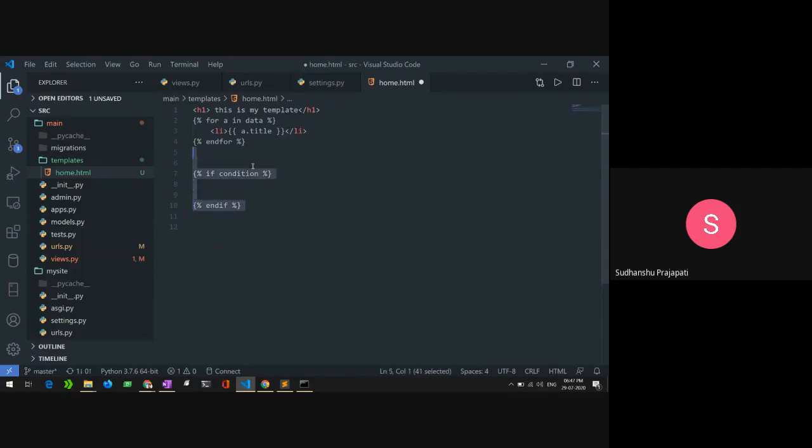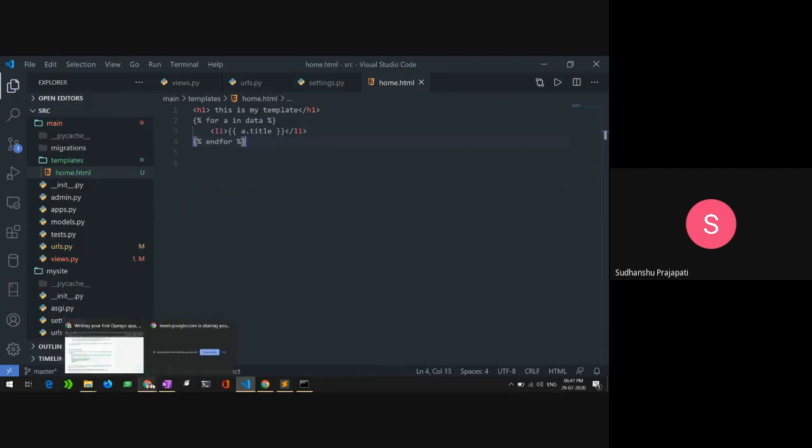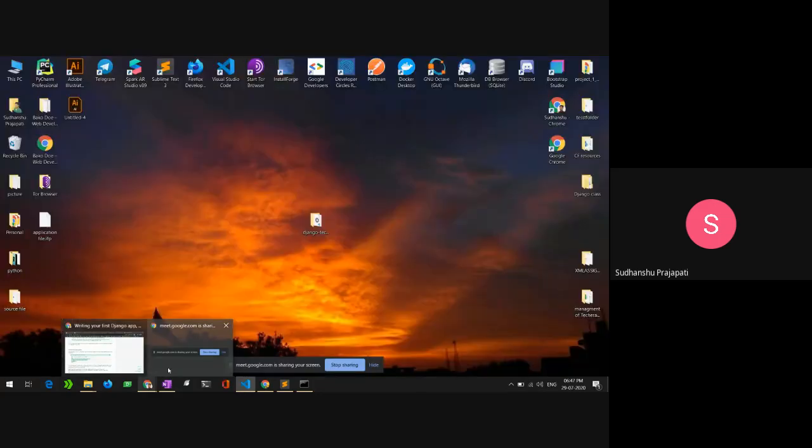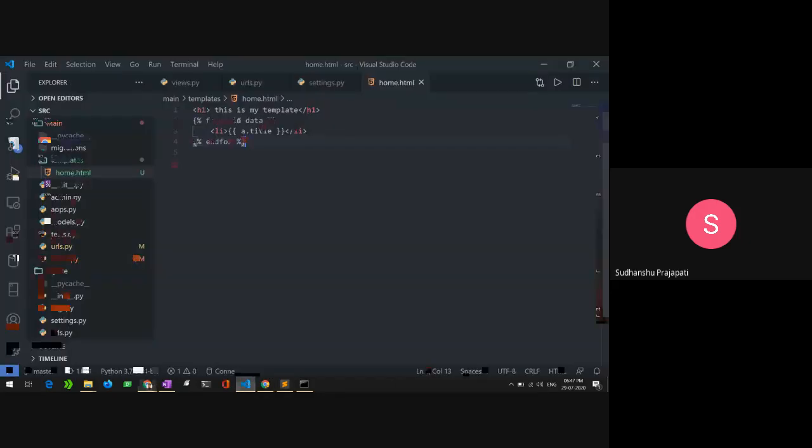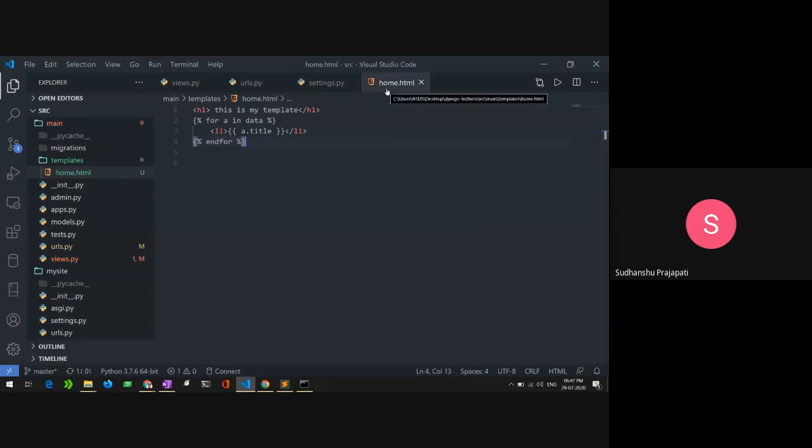So simple, so simple. After that, now we will check our browser, is it working or not. So I will go into my browser and reload here, and you can now see here we are getting our object, and we are getting it in the form of a list now, and I can identify we have four objects which are stored inside a database. So that's how you can create any for loop inside the home.html, and you can pass it here like this.